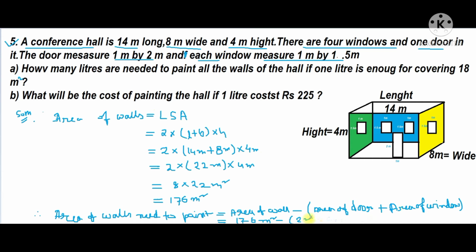So after that we'll give plus sign, and then we'll write area of window 6 meter, and then we'll now see 176 meter, and then 2 plus 6 is 8. So 8 meter square will subtract, 176 meter square minus 8 meters, then there will be 164 meter square. Okay,